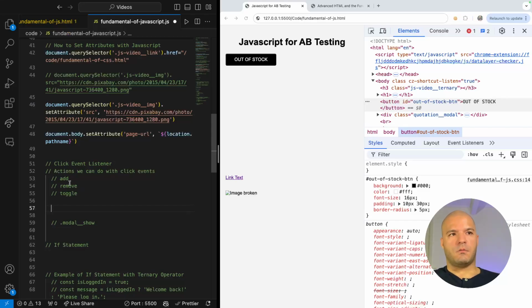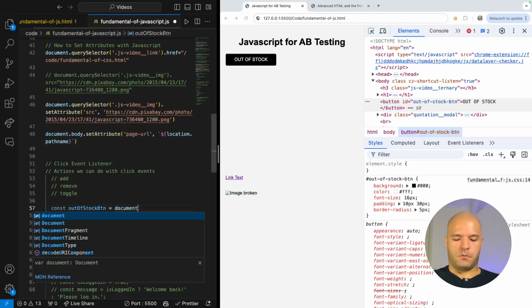We could add an element, we can remove, or we can toggle it, which is like on one click you will add, on the next click you will remove. So let's see how we do that. I will declare a const, and then the name is out of stock btn. So again, using the convention, and then document dot